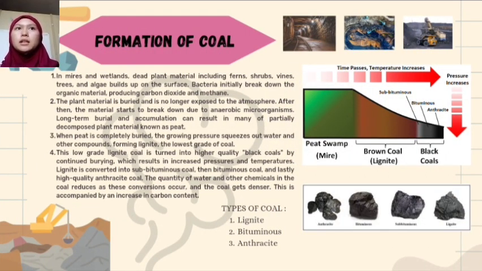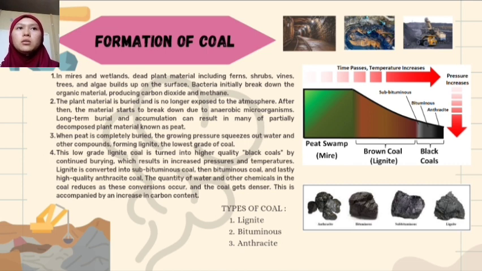In marshes and wetlands, dead plant material including ferns, shrubs, vines, trees and algae builds up on the surface. Bacteria initially break down the organic material, producing carbon dioxide and methane. The plant material is buried and is no longer exposed to the atmosphere. After that, the material starts to break down due to anaerobic microorganisms. Long-term burial and accumulation can result in many layers of partially decomposed plant material known as peat. When peat is completely buried, the growing pressure squeezes out water and other compounds, forming lignite, the lowest grade of